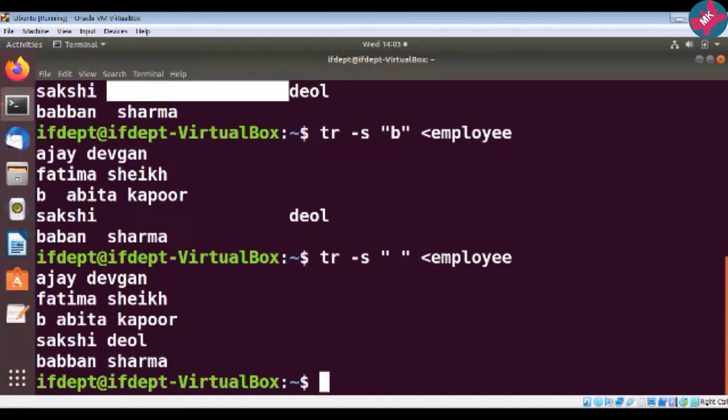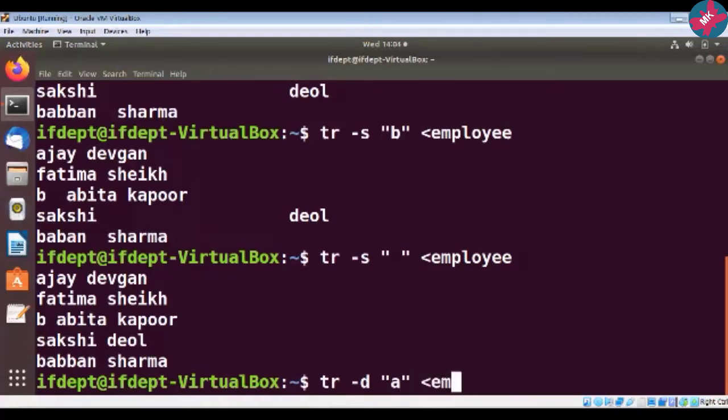Now suppose, let us see one more use of this tr command. Suppose I want to delete a character. So what I can do, tr minus d, and suppose I want to delete the A alphabet in the file employee.